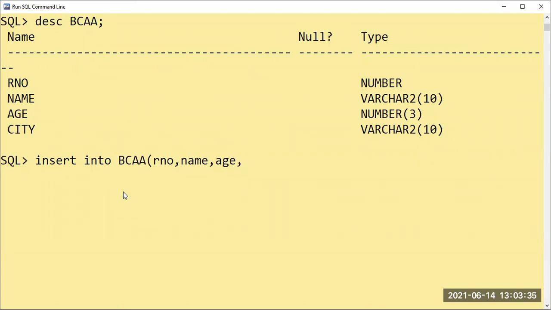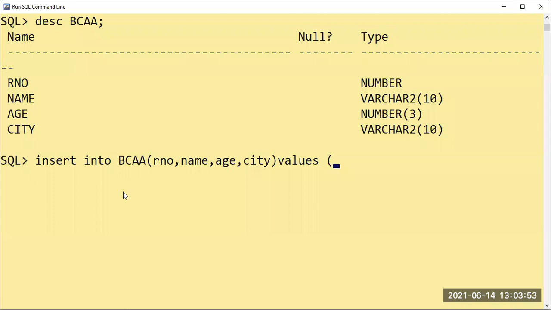After this, values. Values is required. Sometimes people start working and forget to write values. So many things we forget to write. So values, start providing the actual record.